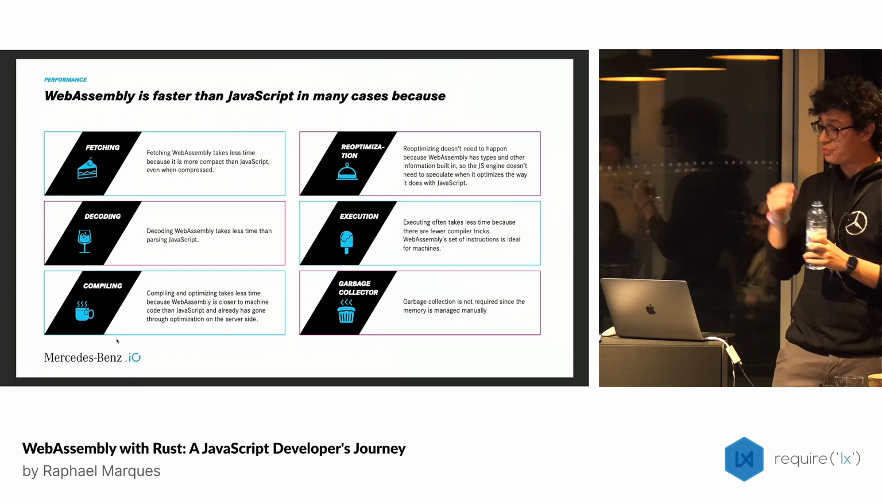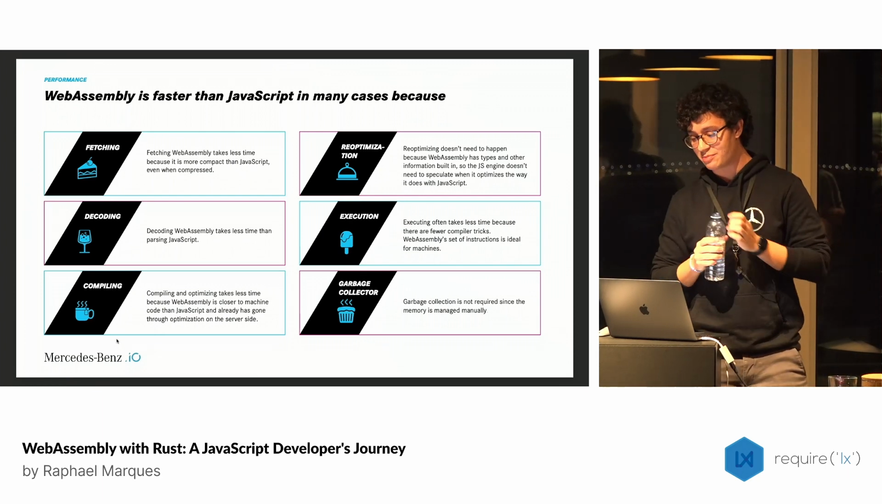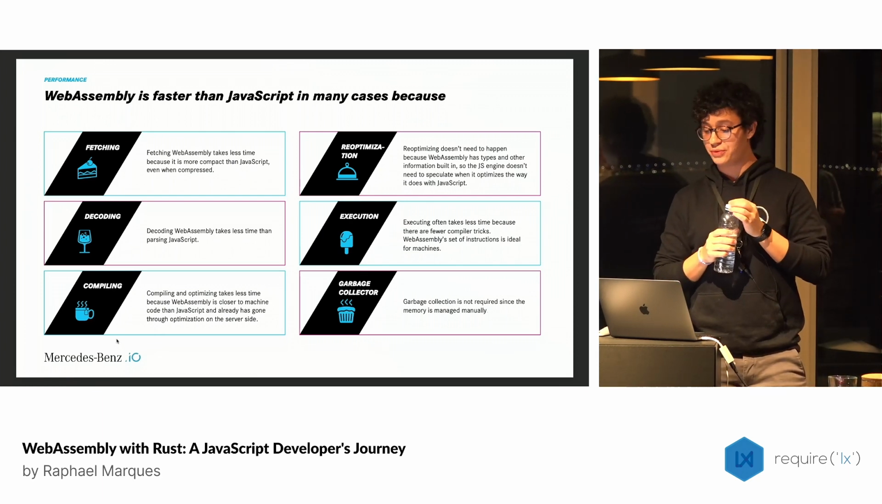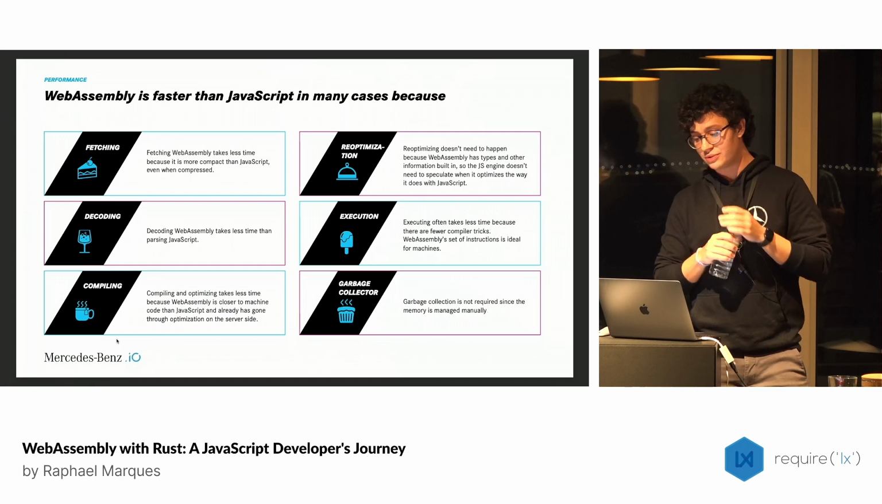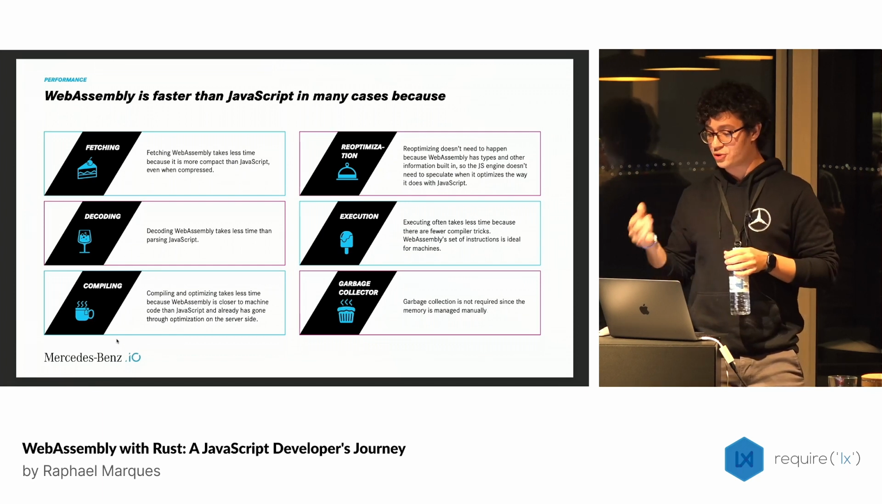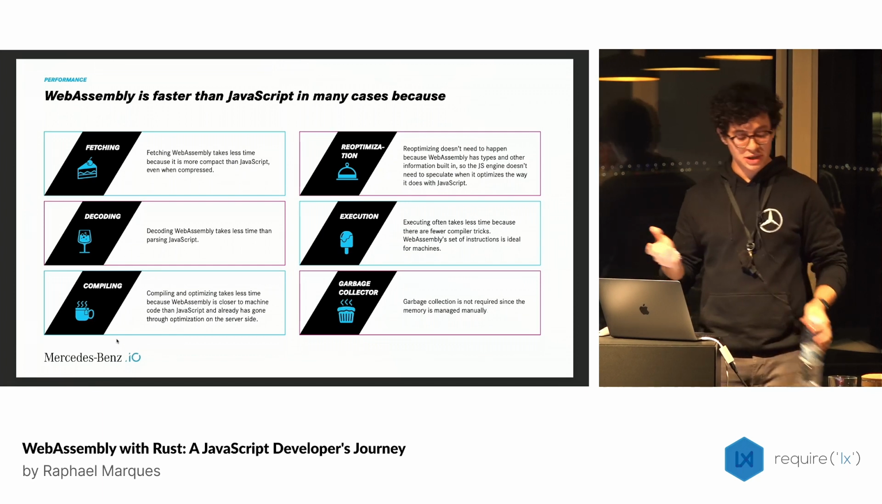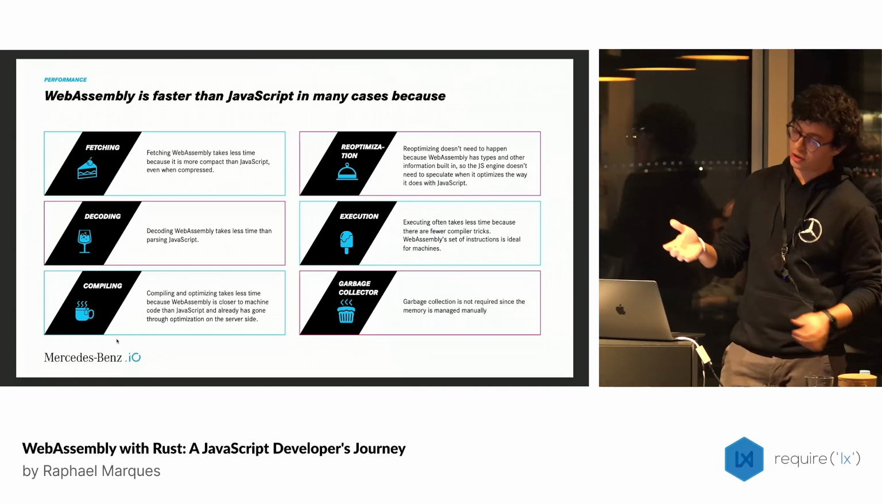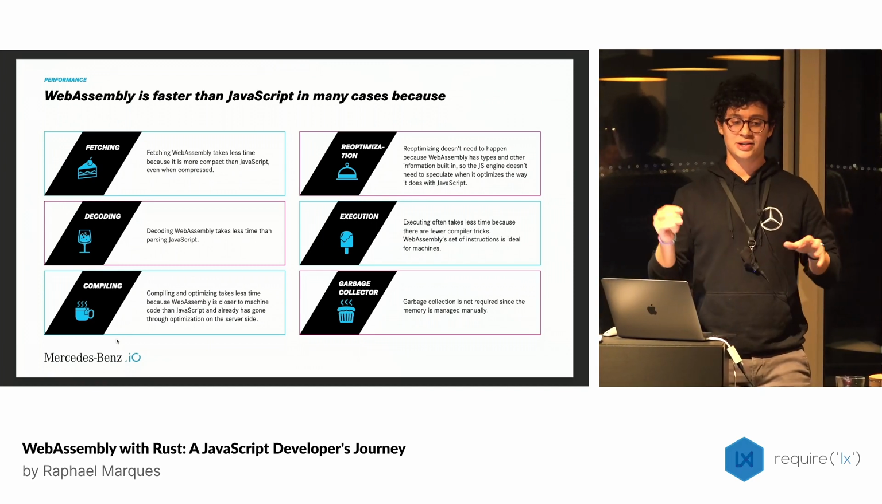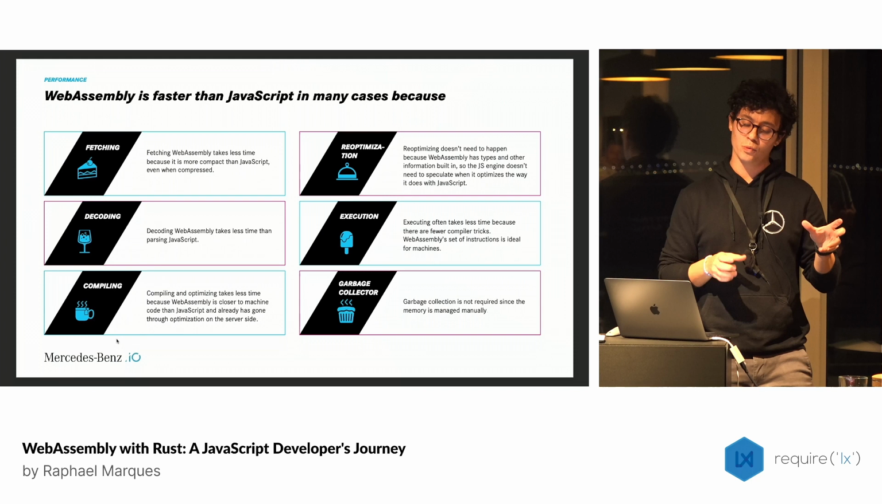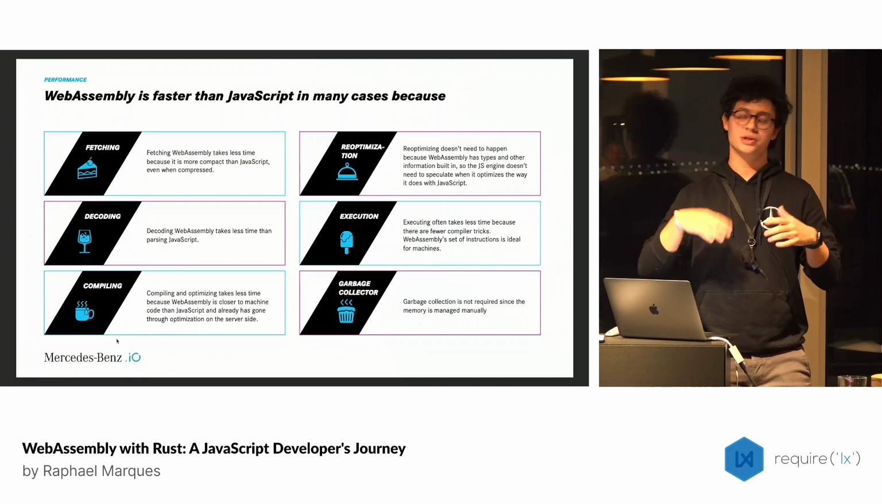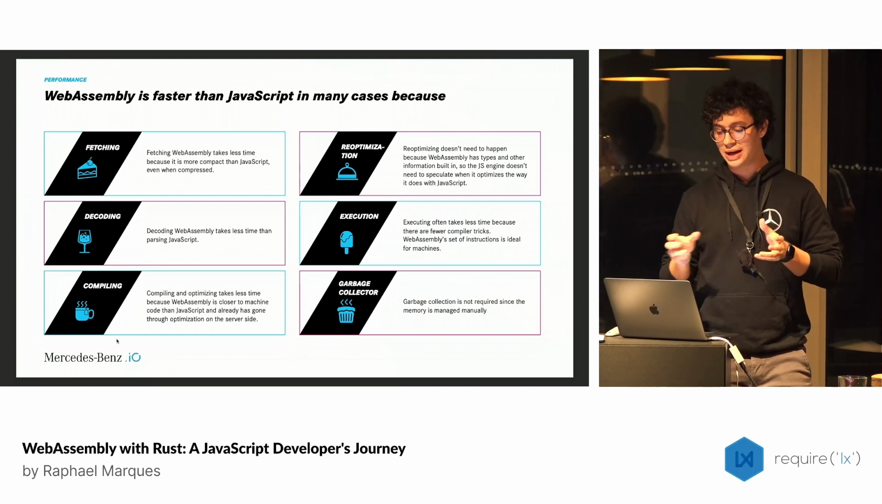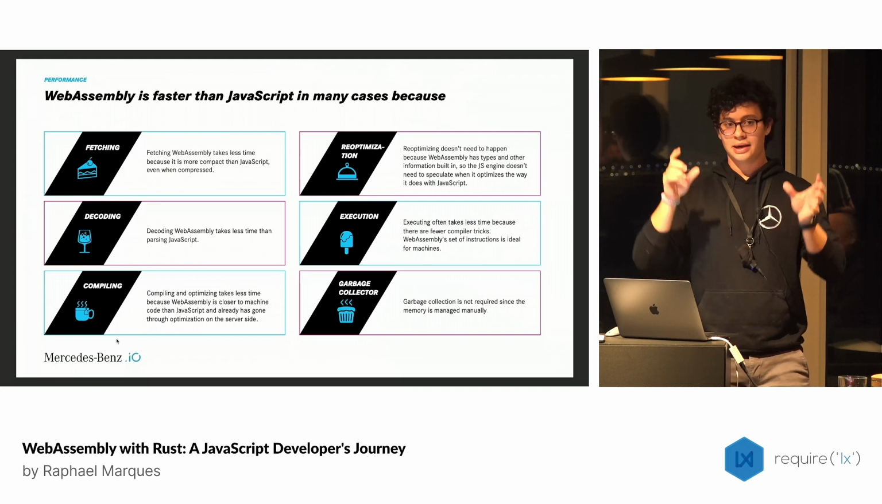Reoptimization. Reoptimization doesn't need to happen because WebAssembly has types and other information built in. So the JavaScript engine doesn't need to speculate when optimizing, the way it does with JavaScript. So in JavaScript, we have this strategy called reoptimization. Basically, it assumes some behavior on your code, based on your functions, based on the compiling and the optimization process,